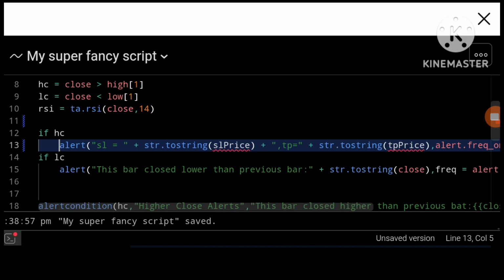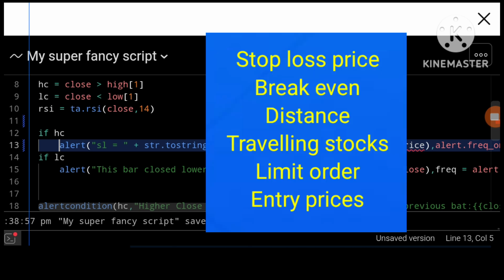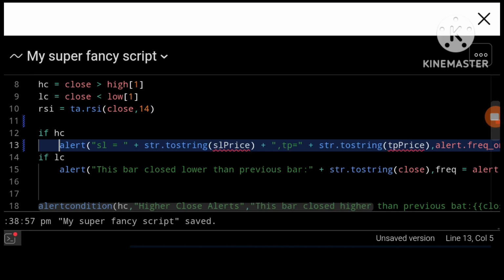If I send the right syntax in an alert message to this URL using the TradingView alert functionality, it will automatically manage my trades for me based on the commands I give it in my alert message. And I can pass in my stop loss price, break even distance, trailing stops, limit order entry prices, all that sort of thing, just using these techniques that you see right here.